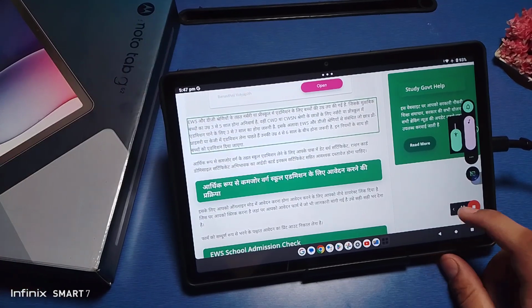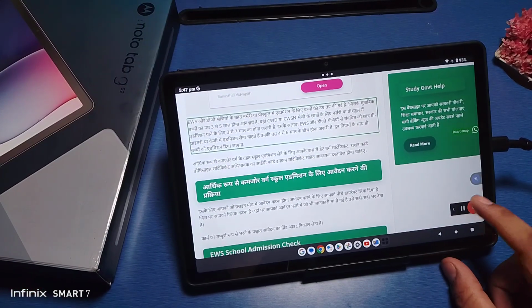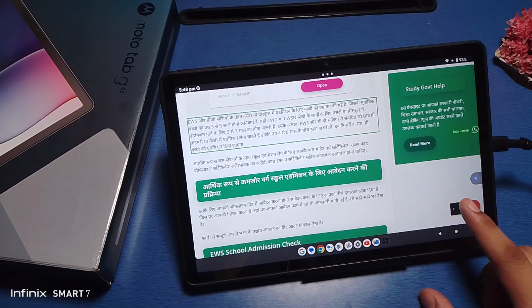पाने के लिए 3 से 7 साल का होना जरूरी है। I hope you like this feature, this tips and